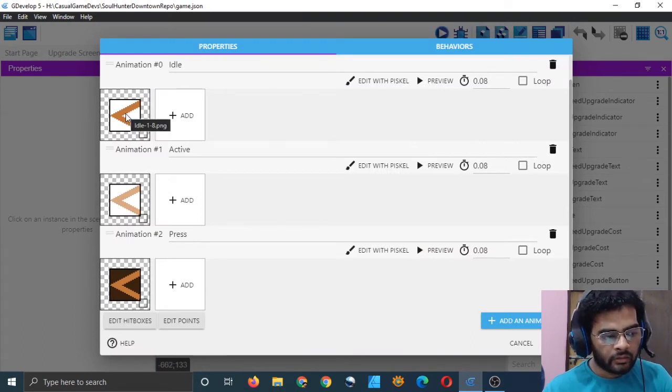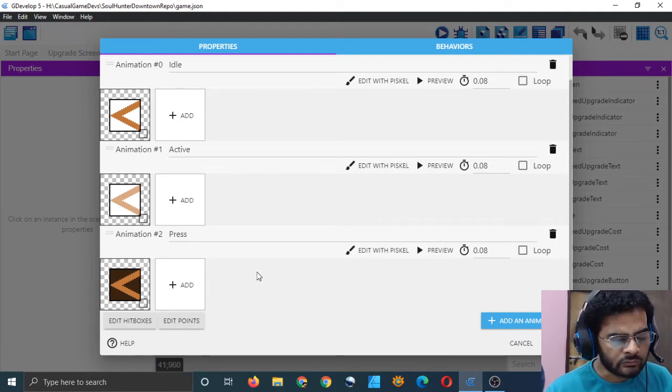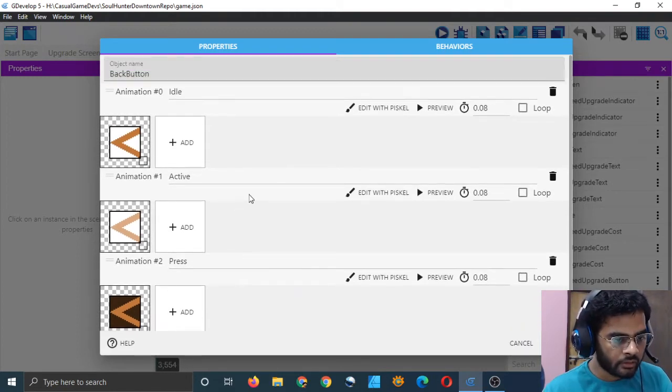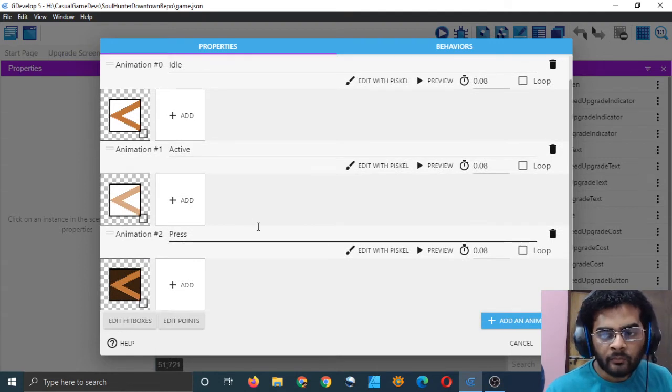First of all, we included this file here, but we made a duplicate of it within Piskel, right? We removed the original one so that we don't edit it, and we edited the new one. So that's how I was making animations for buttons in the game. At first it was confusing for me also. That's why I thought I should tell you exactly what is happening in Piskel.